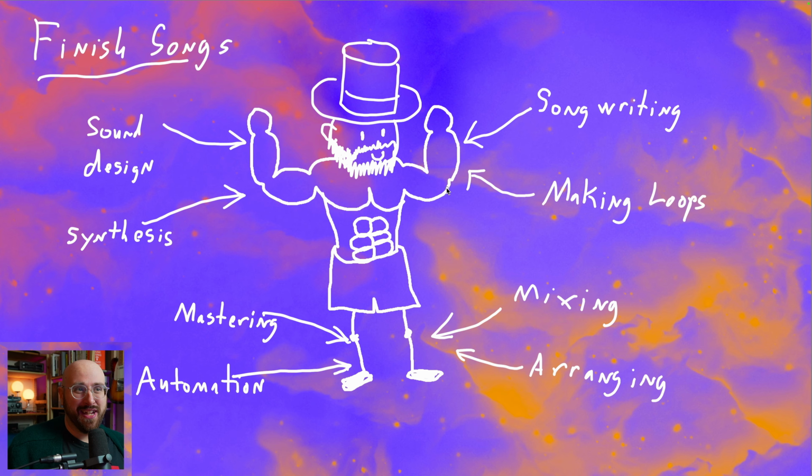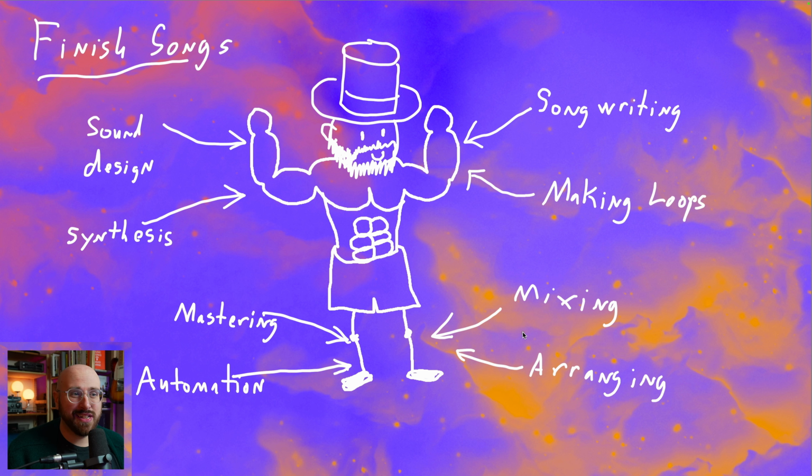When you do a lot of self-educating, you tend to want to start over every time you learn something new because you want to incorporate it into your process. And as a result, you keep putting in a ton of reps with things that happen at the beginning of the production process. Things like songwriting or making loops or sound design or synthesis. And all that practice makes you really strong in these areas. But then as a result, you tend to not finish tracks because you keep starting over with all the knowledge that you've gained. And as a result, then you really lose out on practicing your skills of mixing and mastering